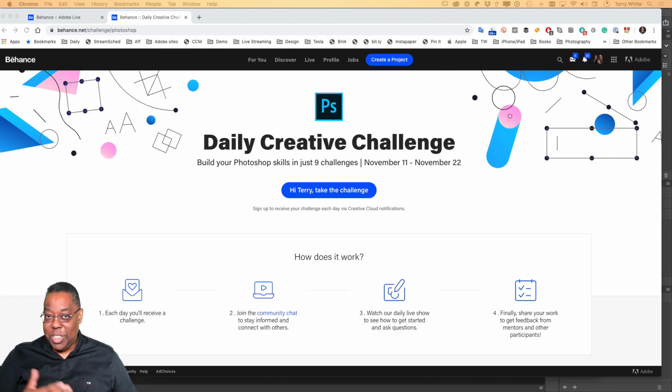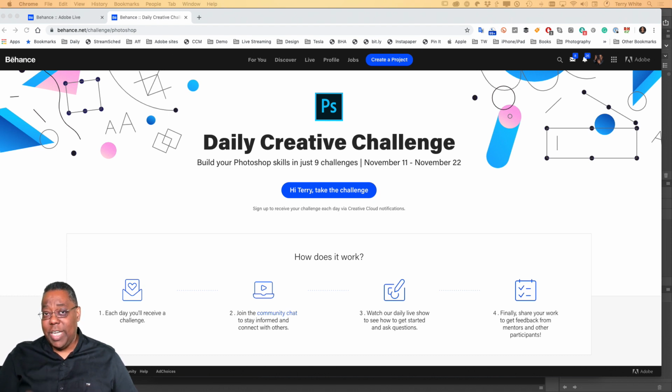The way it works, starting tomorrow morning, you'll receive the challenge, and more importantly, you'll get the ability to download the file that you can experiment with, that you can play with. If you don't have your own, of course, you can use your own for the challenges as well. But if you say, hey, they're doing a challenge on a landscape or a portrait or whatever, and I don't have one that's good enough to do the challenge with, you get one to play with. I've uploaded all the files that you'll need for the next 9 days starting tomorrow. And you'll get the ability to download those and play with them